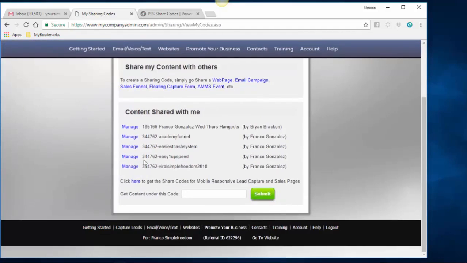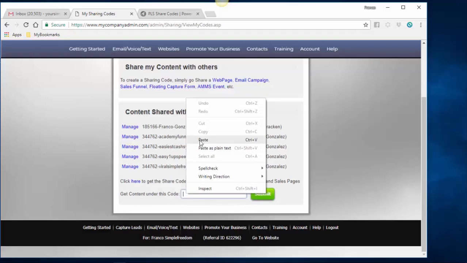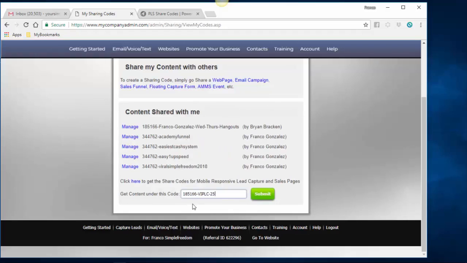There we go. See, I've installed some share codes on this training account. Pretty cool, right? It keeps a list of all the different share codes you've installed. Okay, so this is a new one. It says get content under this code. Click in here, right click, paste. There's the share code,